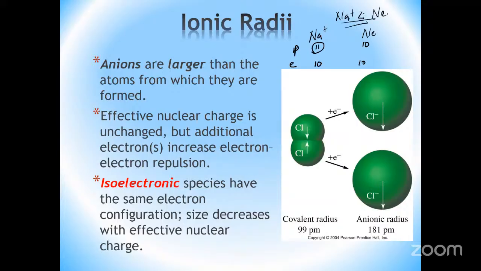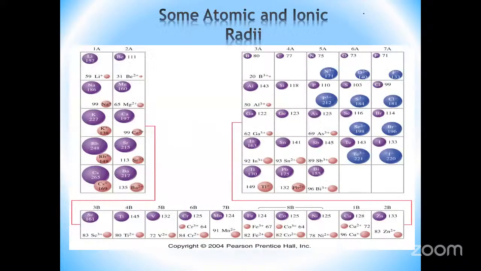They have the same number of electrons surrounding the nucleus, but sodium has a greater nuclear charge, and therefore it will pull the electrons closer to the nucleus and therefore reduce the size compared to the neon atom. All right? So that's basically how that is done. Okay, any questions about this? Any questions? All right, so this chart here basically is a summary of what we just discussed